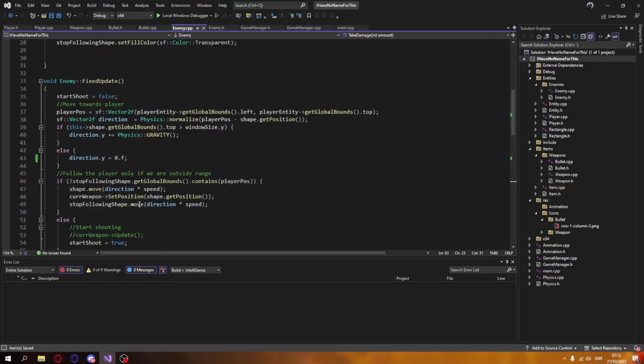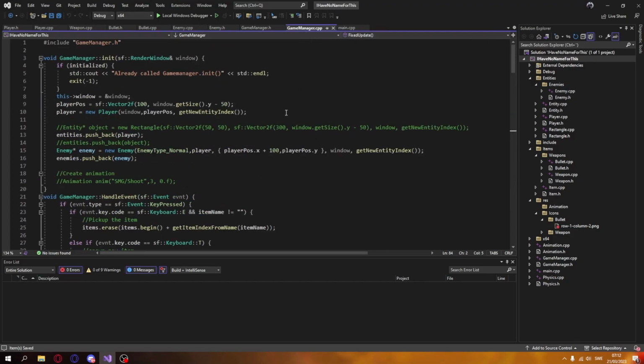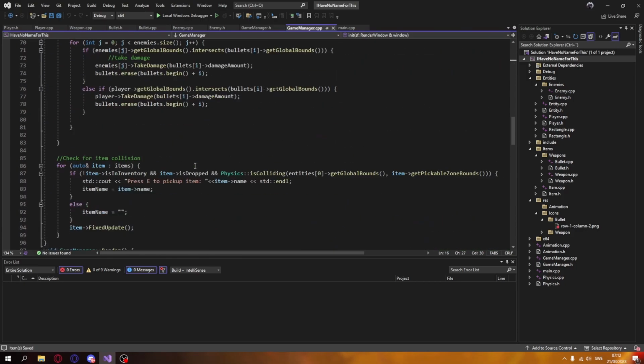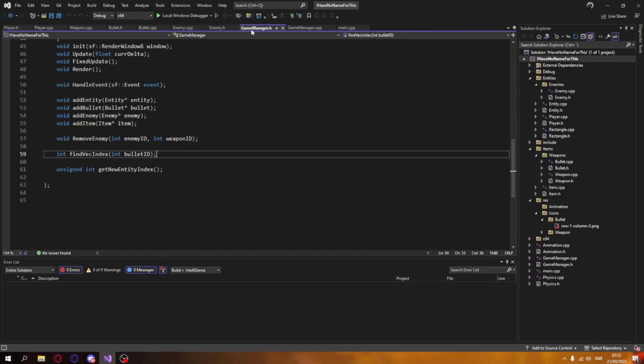Jesus Christ. Okay, now in the game manager, this is where it kind of gets messed up. I mean, not messed up, but there's a lot of stuff to cover. So yeah, we simply create our enemy class and push it in a vector. And this is where I kind of